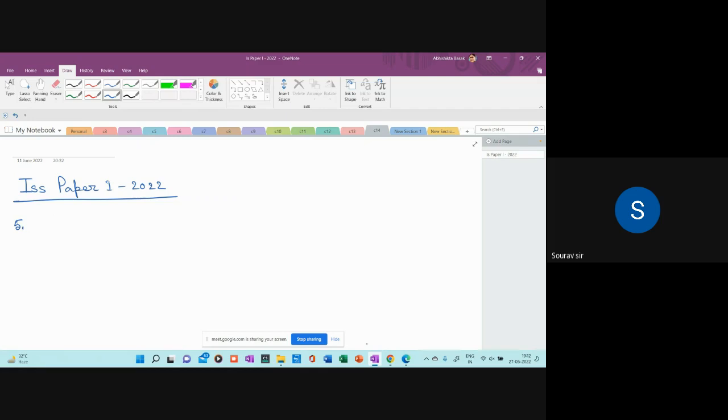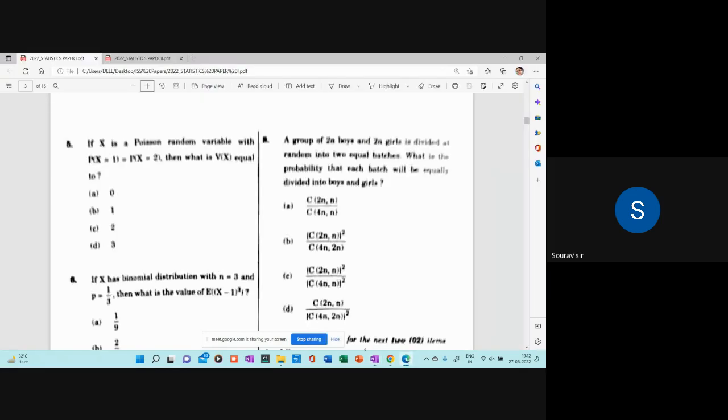Okay, so question number 5 says that if x follows a Poisson random variable with this criteria that probability x